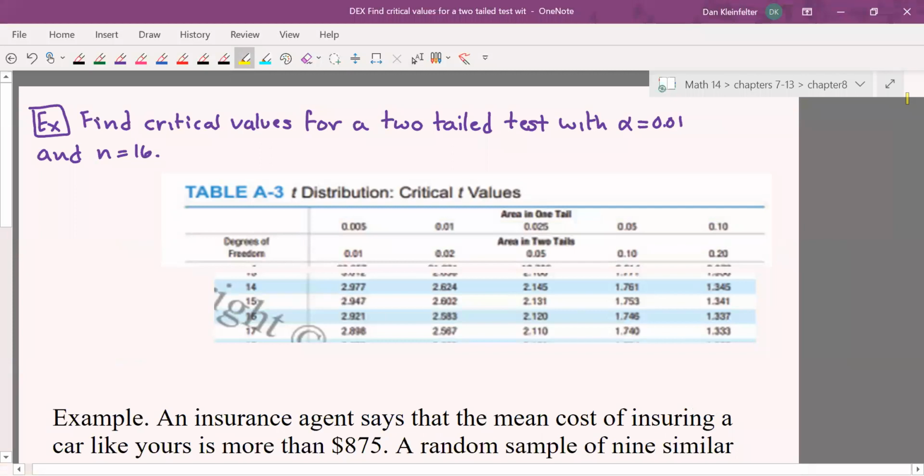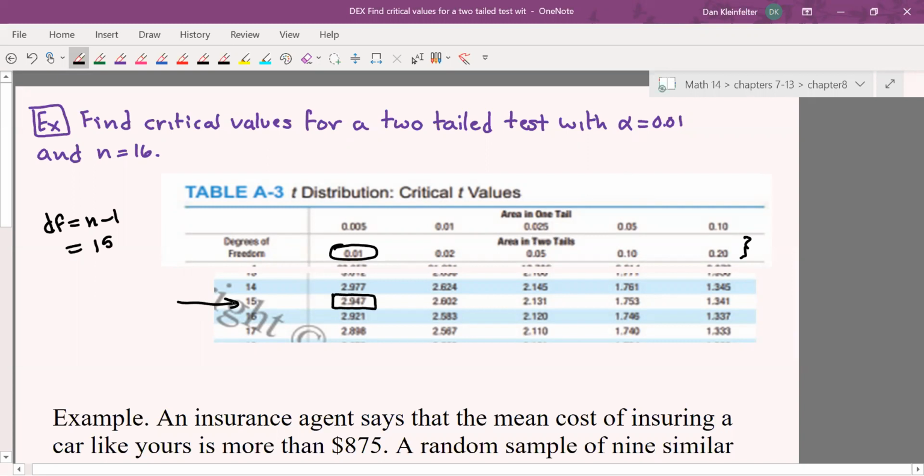Okay, let's try that again. Let's say that we want to find critical values for a two-tailed test this time with an alpha of 0.01 and an n of 16. So again, our degrees of freedom will be n minus 1. So we'll be 15. We'll be in row 15 on our t-table. This time it is a two-tailed test, so we're going to be looking in the two tails row across the top. Our alpha is 0.01, so area in two tails, 0.01, that's the first column. So first column, and then row for 15,